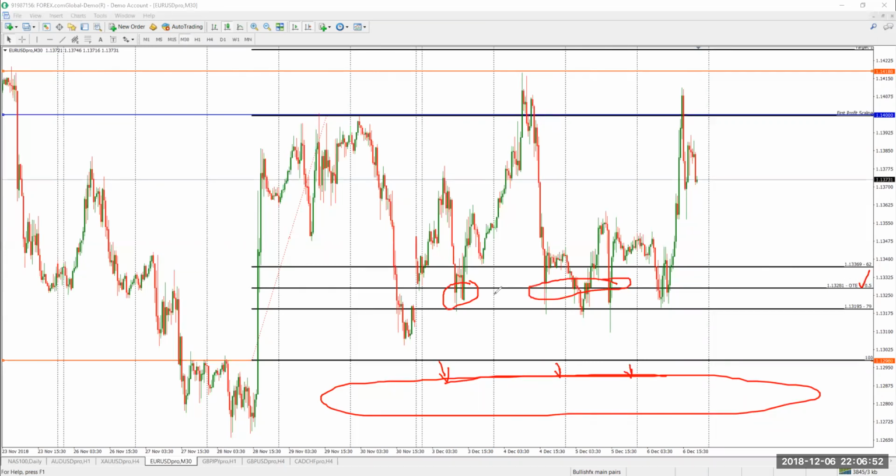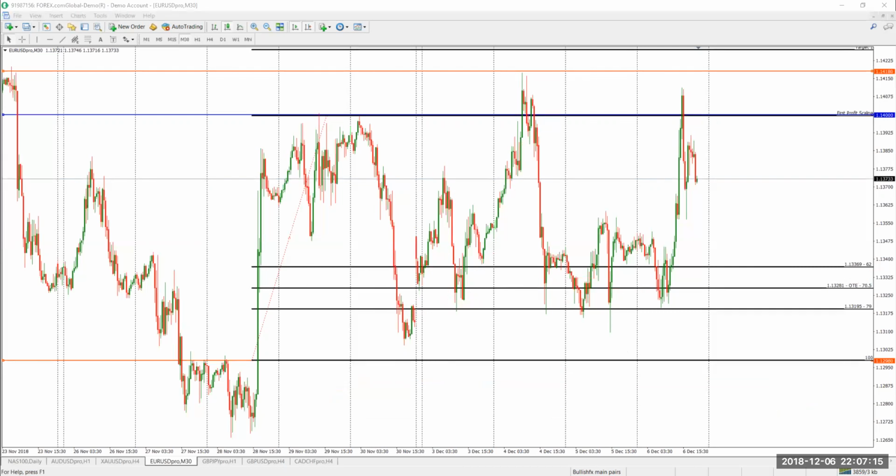So since last Friday, Euro USD, using the higher time frame concept, offered us two trades. Obviously we would have missed the one on Monday because we couldn't open this position on a Friday. I hope you do understand what I've just explained. And those two trades from the 70.5 level would have brought you